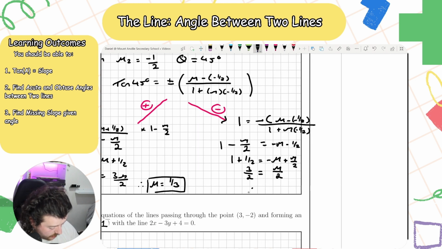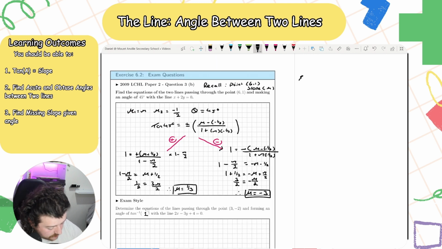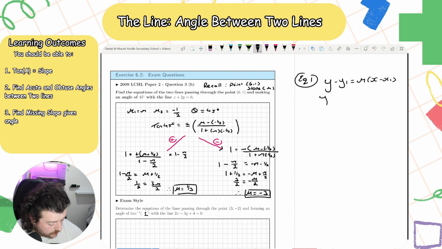Then, therefore, m is going to be minus m over 2, which is equal to minus 3. So I have my two slopes of the line. So equation 1: y minus y1 equals m times x minus x1. So it's going to be y minus 1, because this is my point here, 6, 1, is equal to